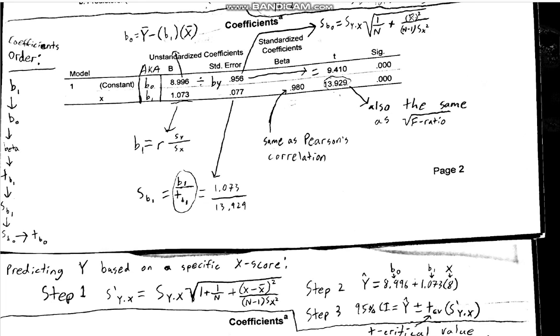The mean of x in this problem is 11, so you just square 11, and the variance of x you find by squaring the standard deviation that he gave us at the start. So that is